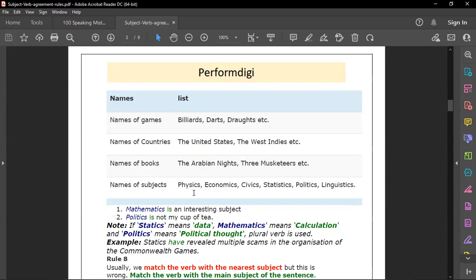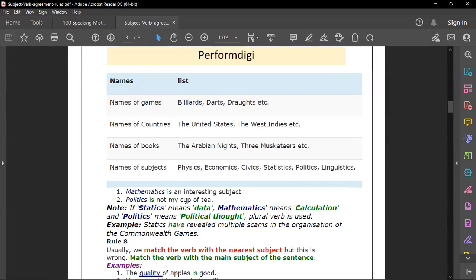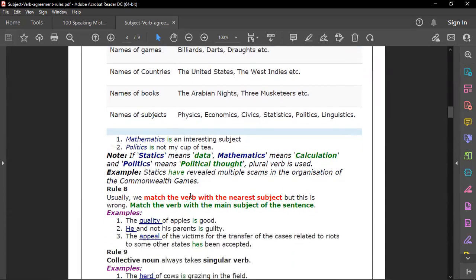The names of the subjects also end with S, but the S here doesn't mean the plural format. Like mathematics is an interesting subject, politics is not my cup of tea. But if statistics means data, mathematics means calculation, and politics means political thought,